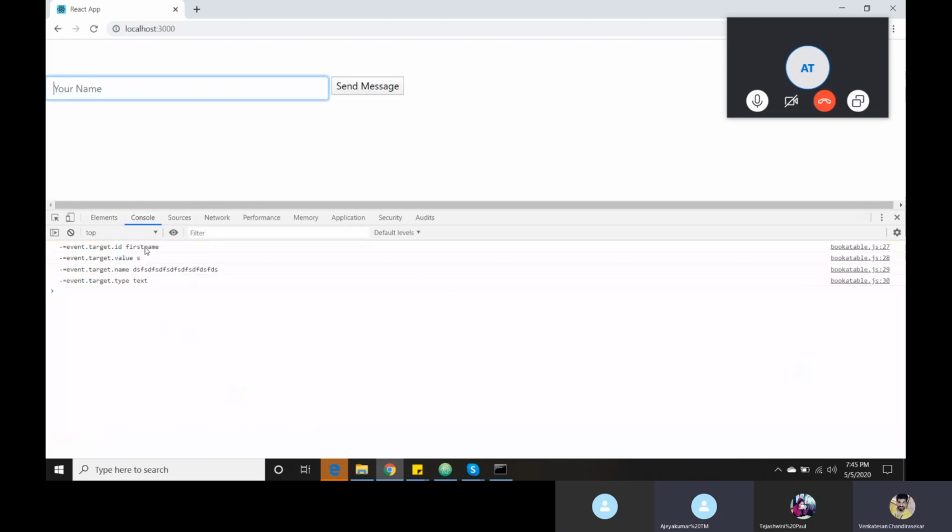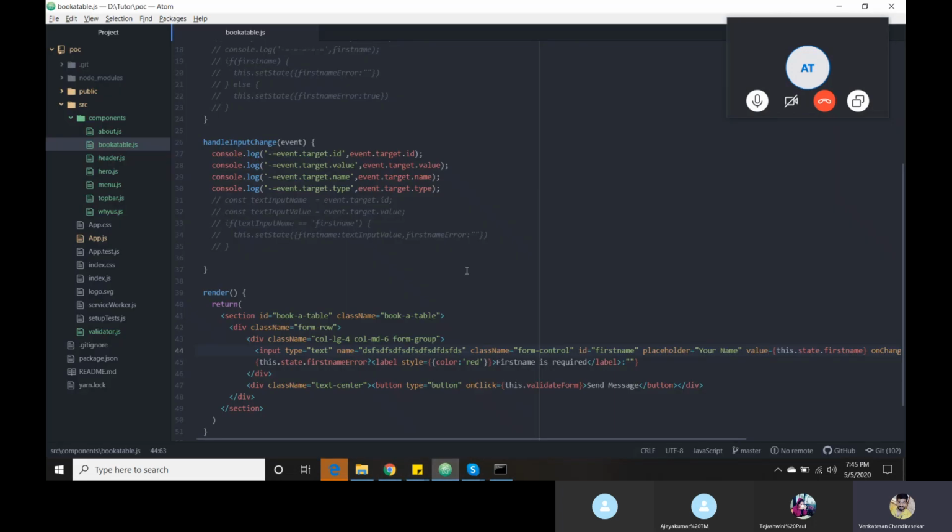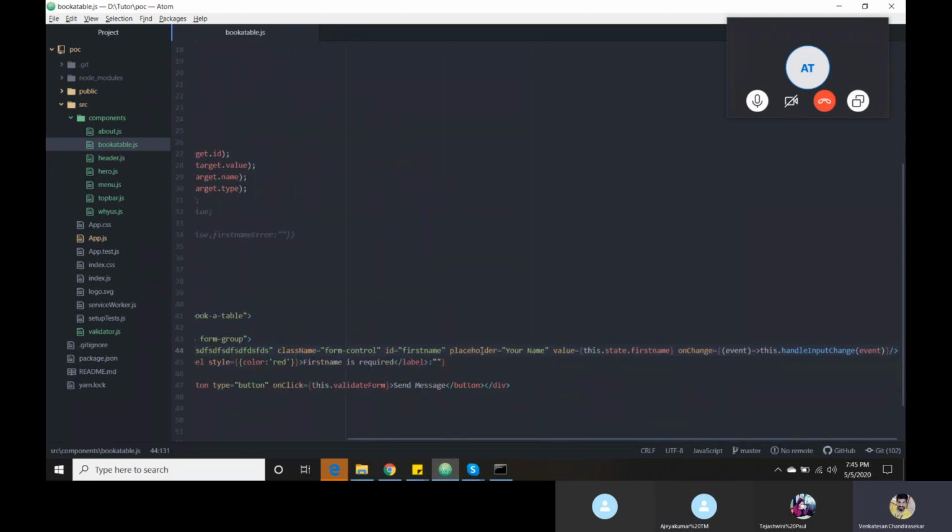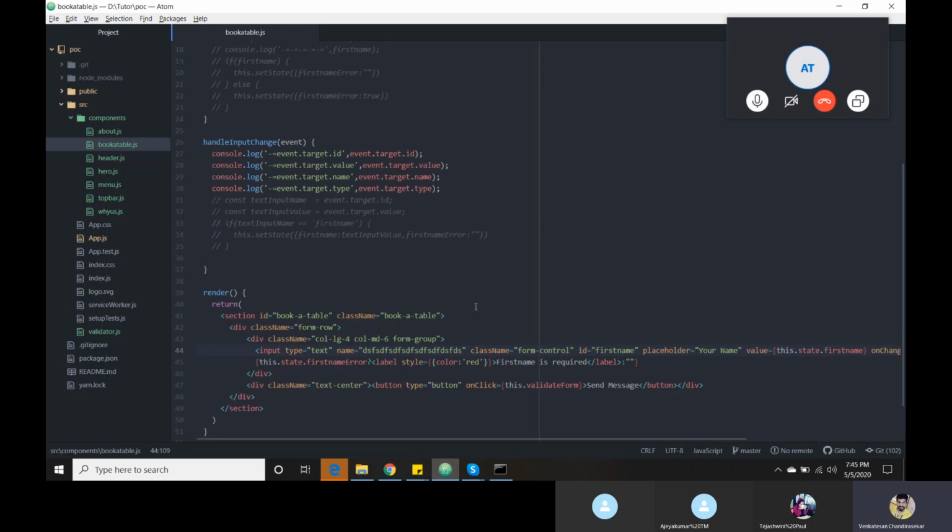Now the ID is first name, value is yes, and name is something I changed. And the type is text. Now you got it. What is the usage of event? It gives the corresponding text area fields, value, placeholder, ID. You can get anything, but in my point of view I need only two things.